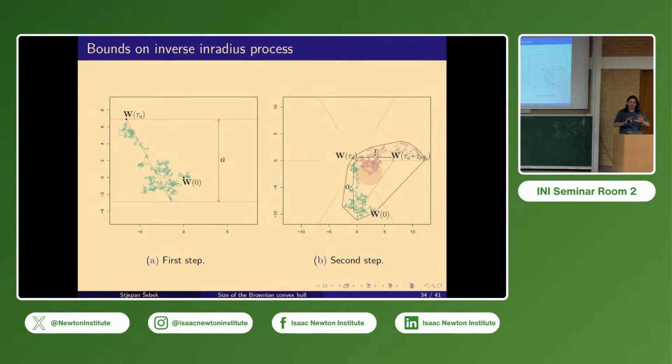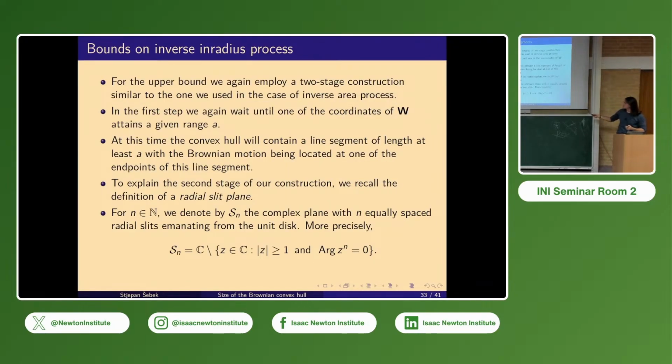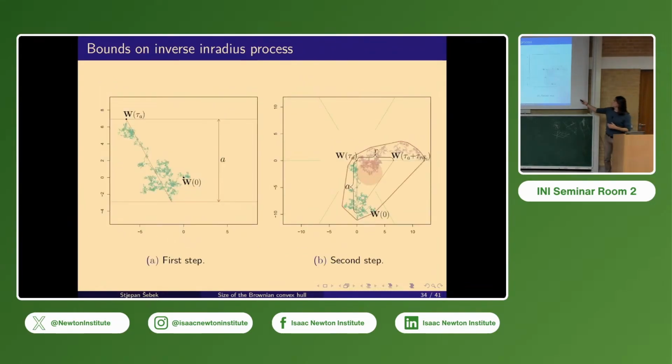Okay, you look at the whole plane except for these rays that start at some radius and then go outside. This definition of the radial slit plane, you can define it for any n, and then it just determines the number of slits that you will have on your picture. People actually studied this radial slit plane, and they studied the probability that once your Brownian motion hits one of these slits, it is at a distance less than r